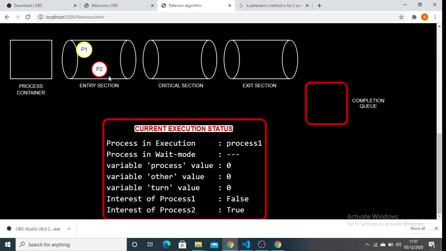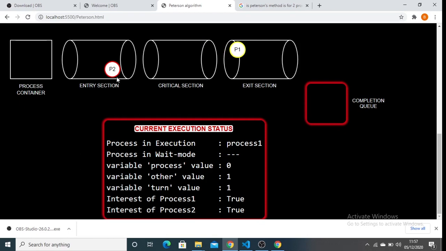Now P1 has preempted process 2, and now you can see the process in execution is 1, and P1 is entering the critical section, but there will not be any change in variable values, as the critical section doesn't contain any variable values.